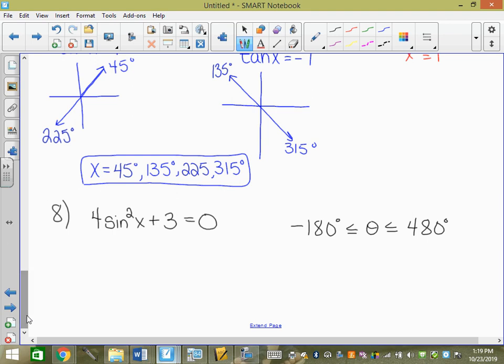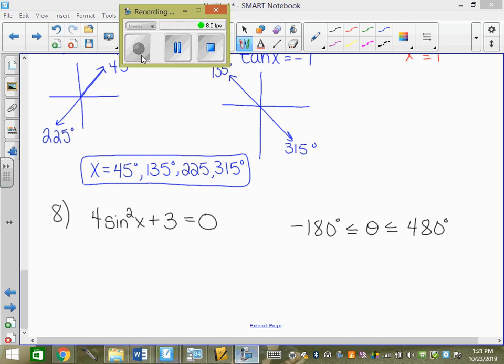Try it out. Remember, we haven't gone off the unit circle, so if you feel like we have, figure out a way to get back on. Okay, so we're going to subtract the 3. So we go 4 sine squared x